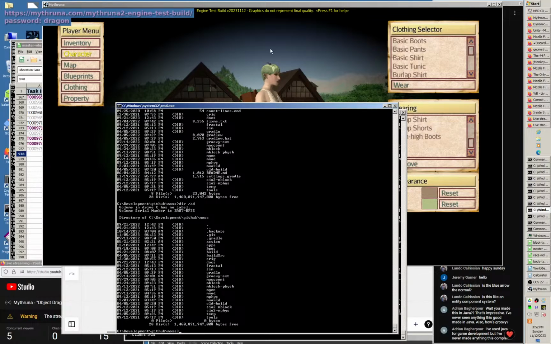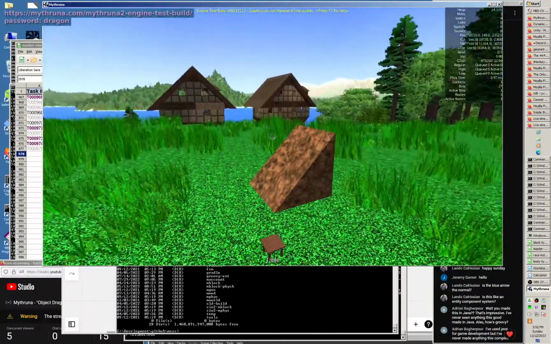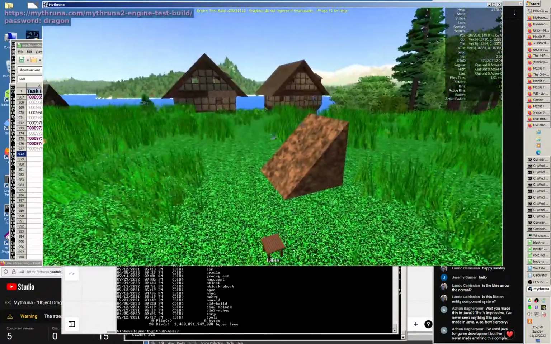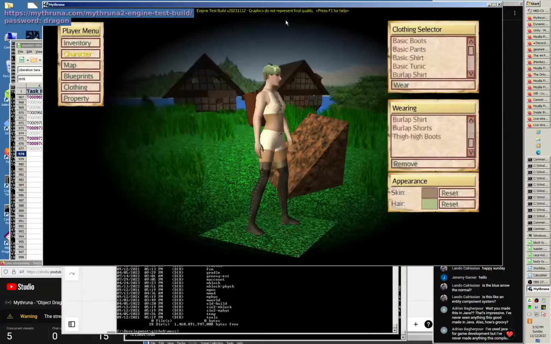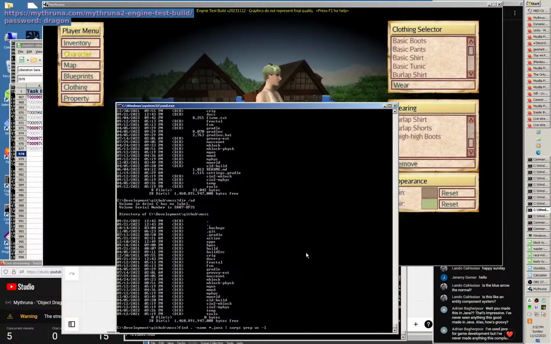The MPhys is the distributed physics engine, because in Mythruna I have to simulate physics across a whole infinite world, and so it's based on zones, and it keeps track of which zones are active, and so on and so forth. Anyway, all those are open source stuff, and so it's difficult to say how many lines of code everything is,